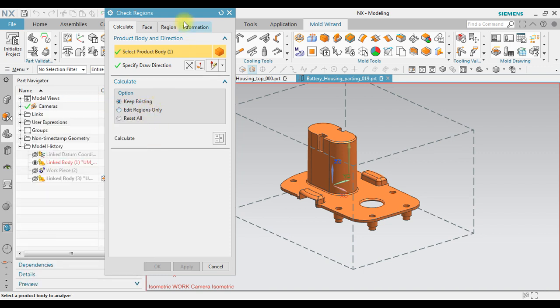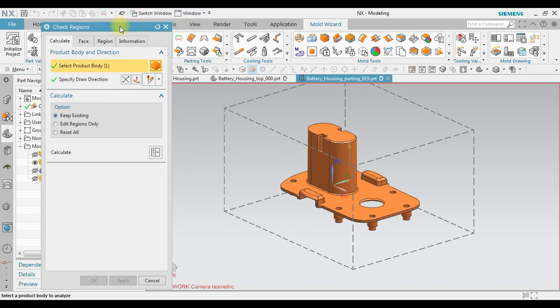Let's hide this one. Now in the calculate, we select reset all. It means that all the previous calculations on check region will be deleted and we start a fresh calculation. Click calculate.